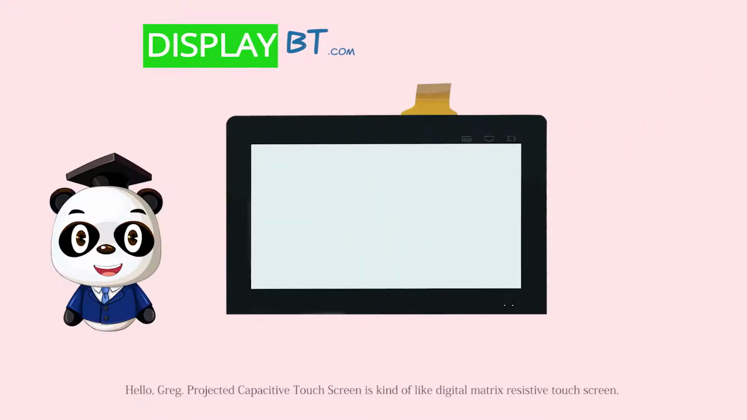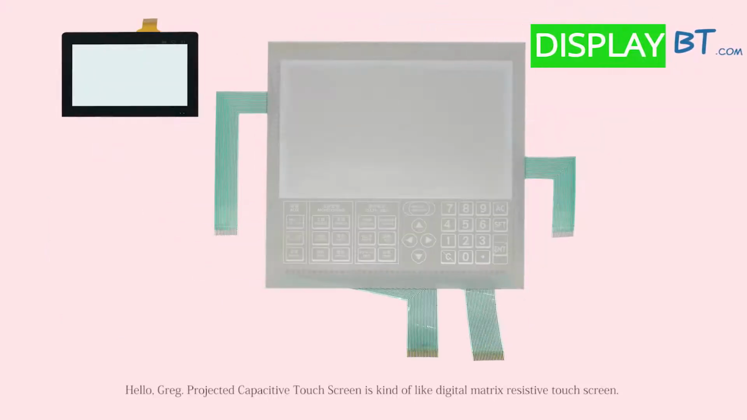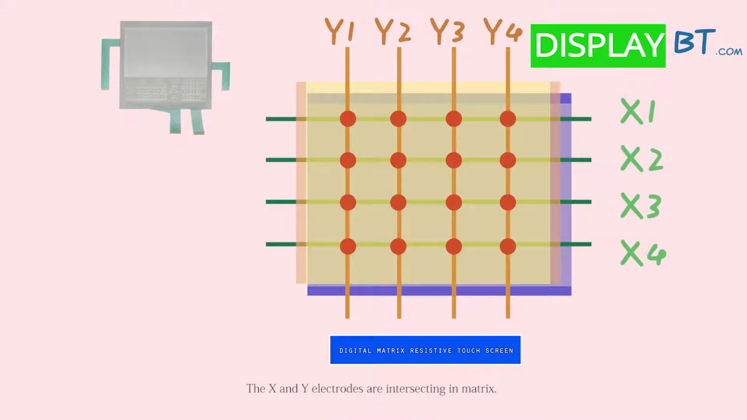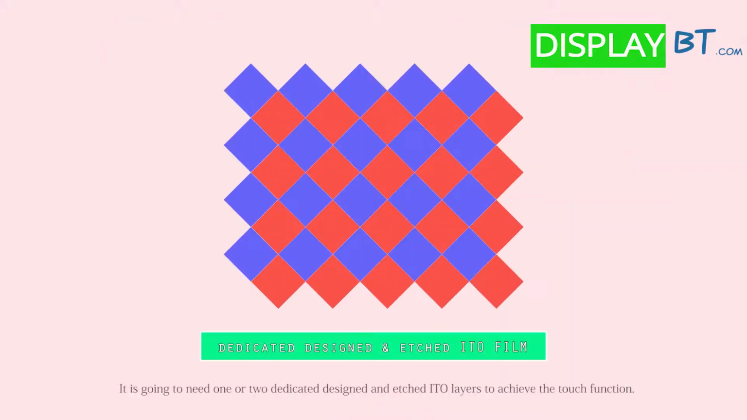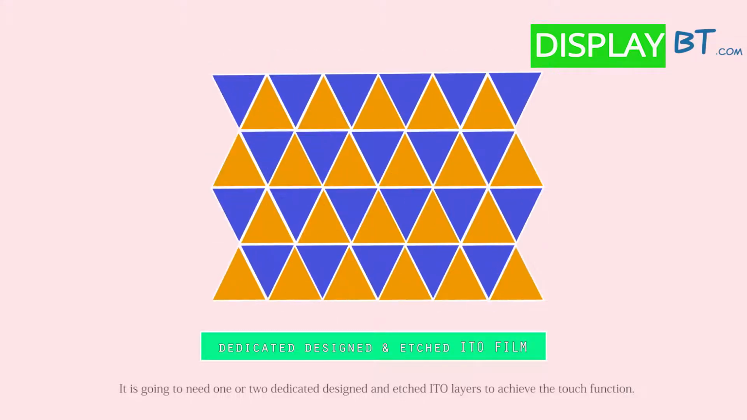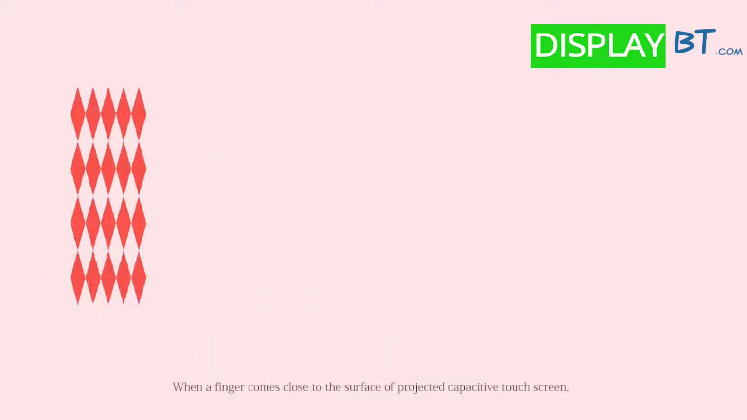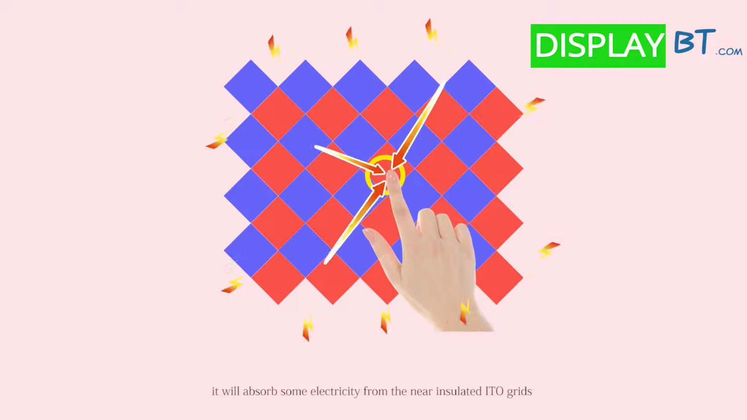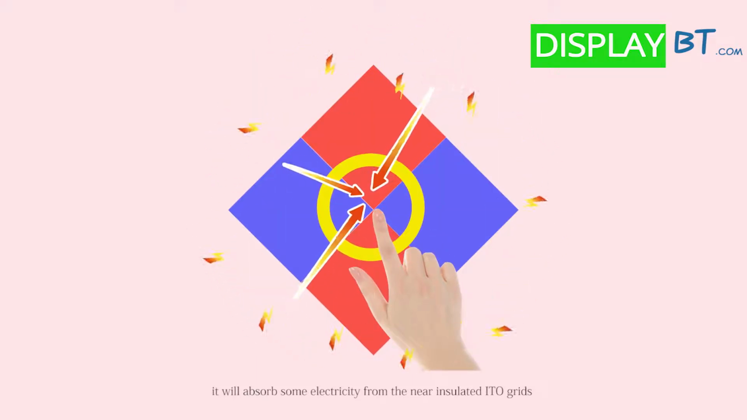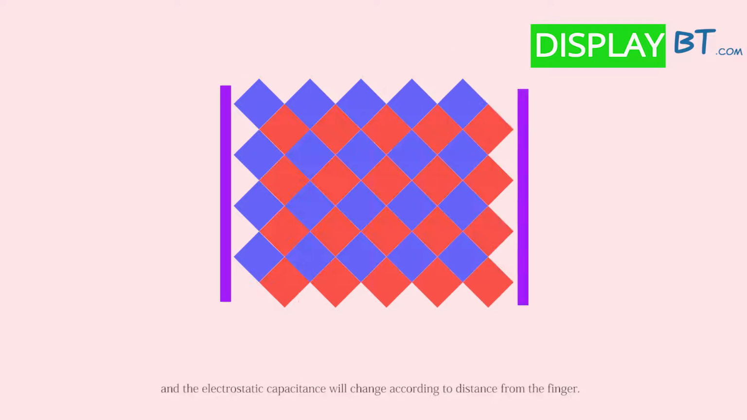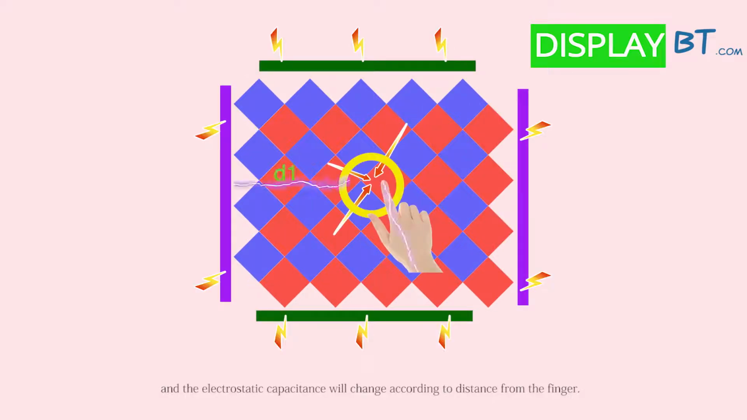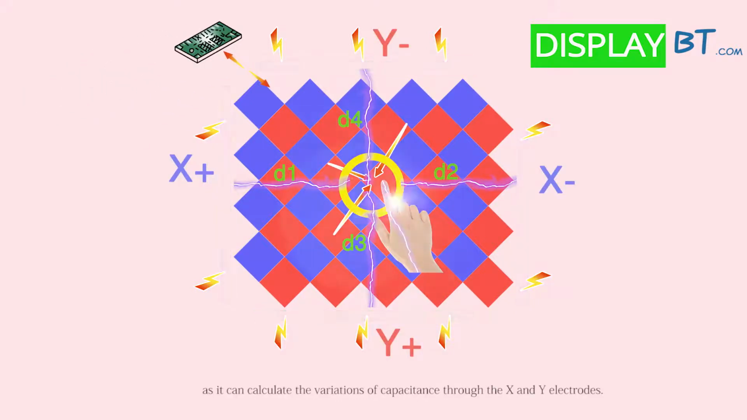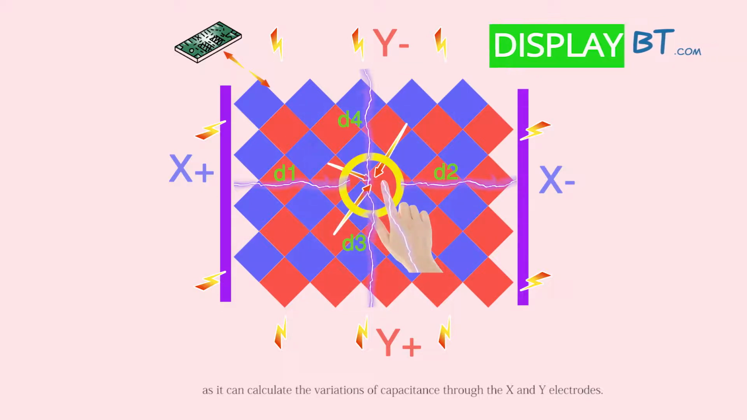Hello, Greg. Projected Capacitive Touch Screen is kind of like a digital matrix resistive touch screen. The X and Y electrodes are intersecting in a matrix. It needs one or two dedicated design and etch ITO layers to achieve the touch function. When a finger comes close to the surface of a projected capacitive touch screen, it will absorb some electricity from the near insulated ITO grids, and the electrostatic capacitance will change according to the distance from the finger. The controller can detect the touch point as it can calculate the variations of capacitance through the X and Y